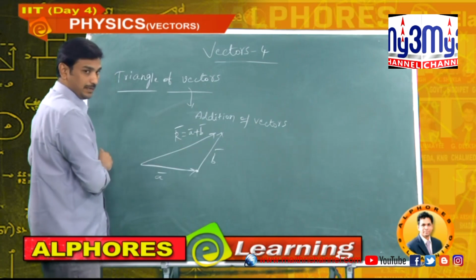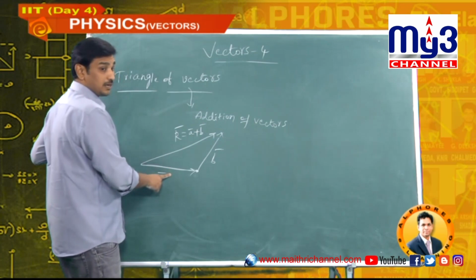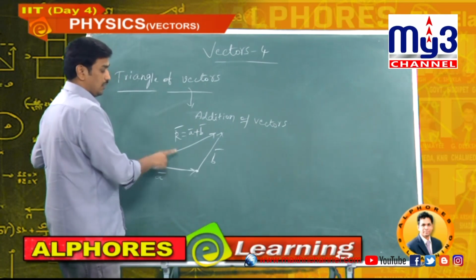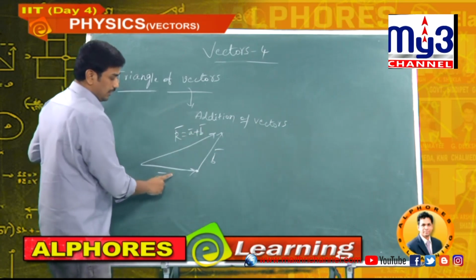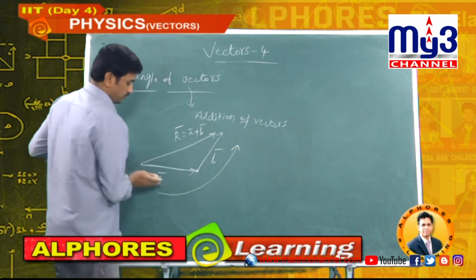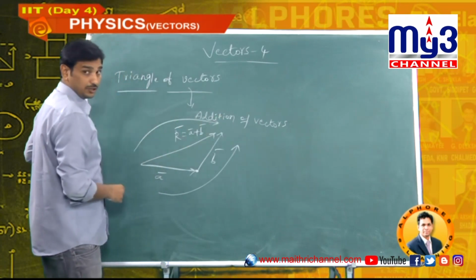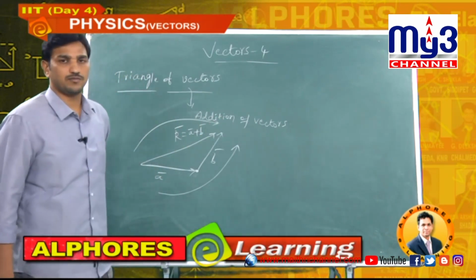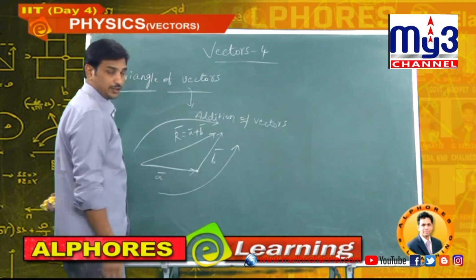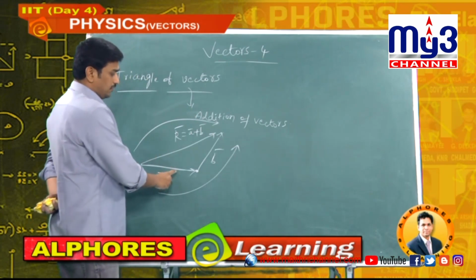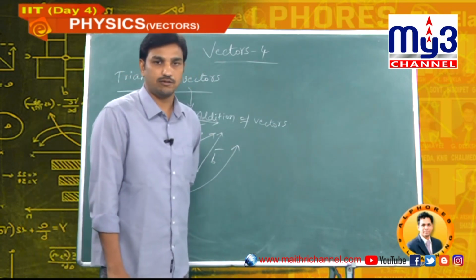Once again I will give you the statement. A bar, B bar are two vectors. These two vectors represent two sides of a triangle. Now the resultant of A bar and B bar is the closing side of the triangle. See here, A bar and B bar are moving in this direction, and the resultant is coming in the opposite direction. So the individual vectors which you are going to add move in one direction, and the resultant goes in another direction. This law is very useful in physics. I will show how it is very useful in physics.